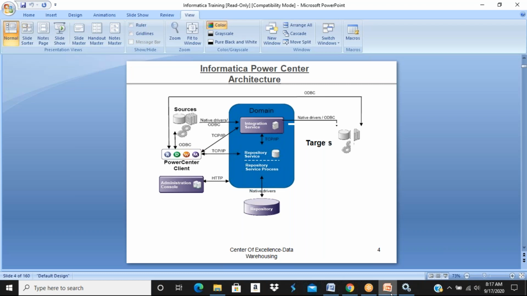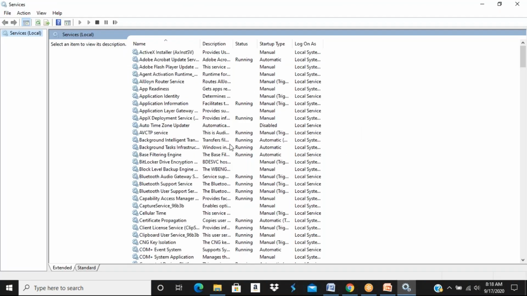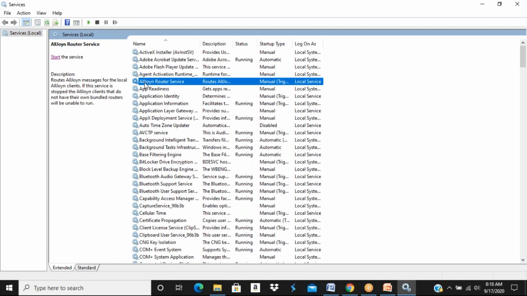Okay. So that repository is where the metadata gets stored. Whatever we build is stored in the format of metadata in the repository database. Does that database come with Oracle, or is it part of PowerCenter? It can be installed in any database. So it's a separate component they have to install. Yes. Okay, got it.